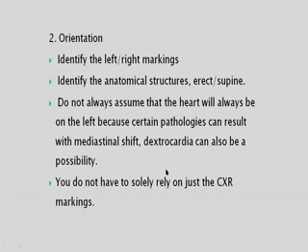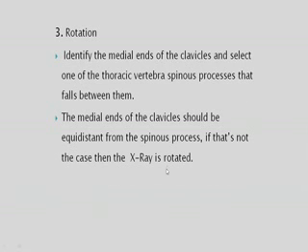That is orientation. Then rotation: for taking an X-ray, the patient should stand straight. Some patients may not be able to stand. Sometimes positioning may not be done correctly, so there will be some rotation, like obliquity will come. So we have to see how much rotation there is. Some degree of rotation is okay. If the film is too much rotated, then it's not a PA film, but it might become some oblique view. We should not take it as PA and interpret it, because we may not be able to see many structures. Some artificial structures may be seen.